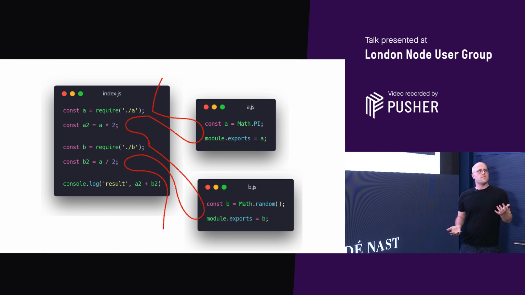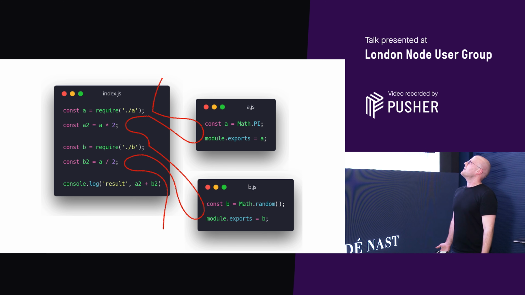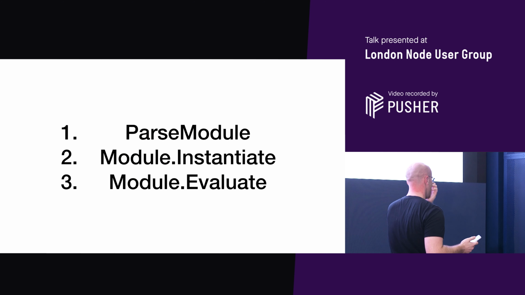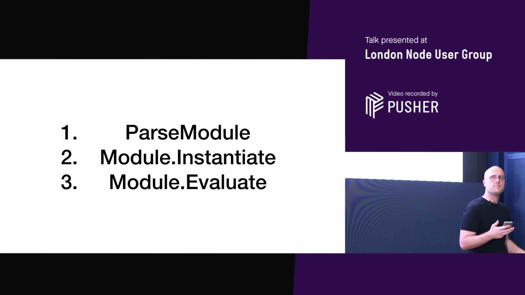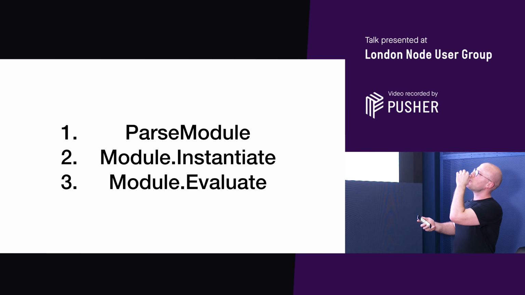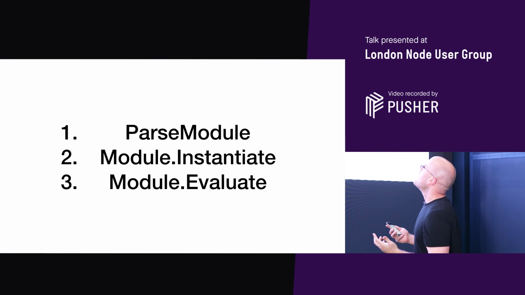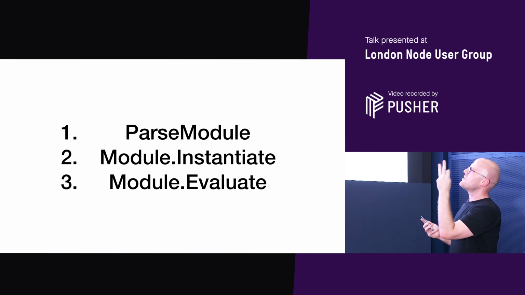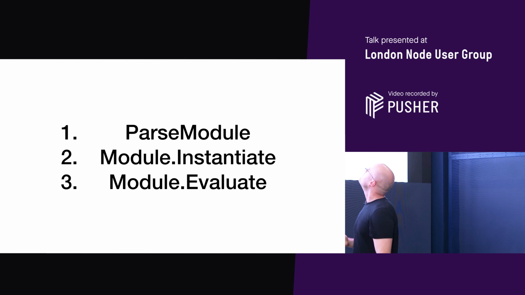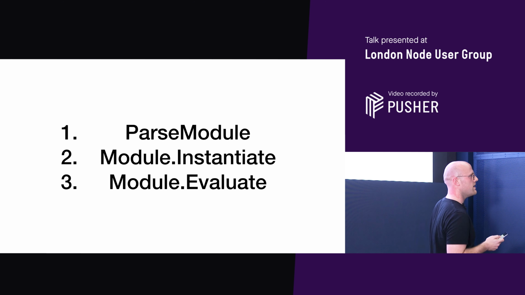On Node, less of an issue because we're hitting the disk. It's not that big a deal. But on web, it's bad. This is synchronous module loading. Kind of sucks. So as part of the standard, TC39 came out with this. If you have a JavaScript engine, if you have these three functions, pretty much, you can handle modules. Just those three. Anyone can do it.